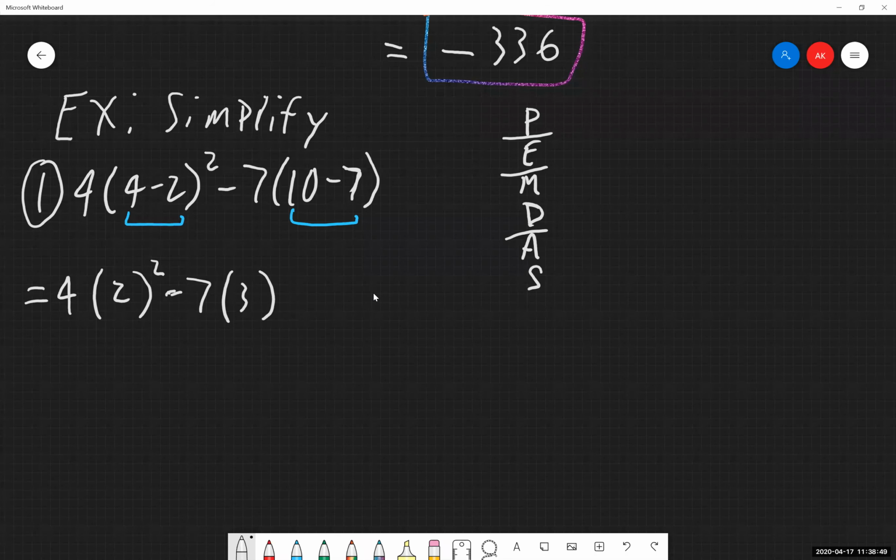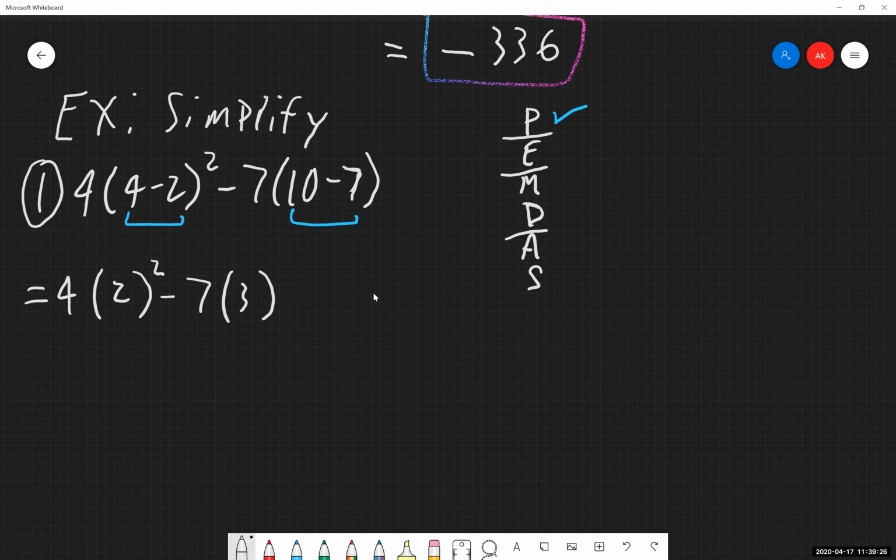Everything else that was not inside that set of parentheses is staying exactly the same. I've not gotten to it yet in PEMDAS, so I'm not going to be applying anything with it. Do not skip ahead in that regard. A lot of people try and say, well, I'm going to do the parentheses and I'll multiply stuff together and maybe I'll apply that exponent all at once. Don't do that. If you're not comfortable with the PEMDAS process, do not skip ahead in the steps. You do that at your own peril, essentially. So from our checklist, parentheses are done. So good there.